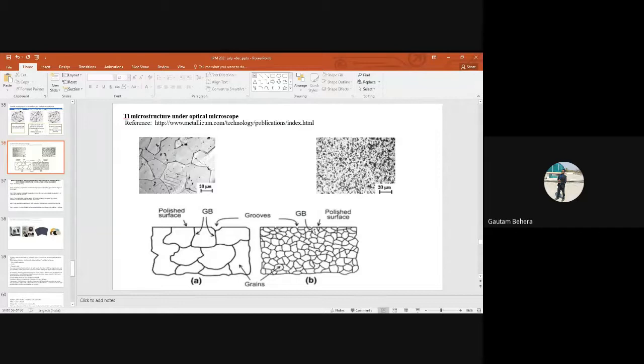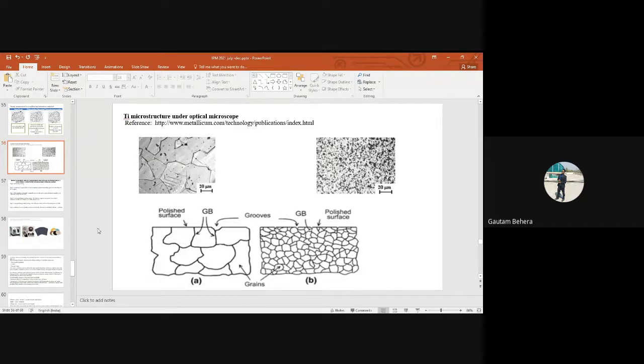So simply, we were interested in grain boundaries because if you can see grain boundaries, you can see the size of the grain. More number of grain boundaries means the size of the grain is very small. Less number of grain boundaries means the size of the grain is bigger. If there is a bigger size grain, it is ductile one. In the earlier class also I have told you many times. But if the grain size is finer, the strength will be more, the hardness will be more. But additionally, the toughness is also more here.